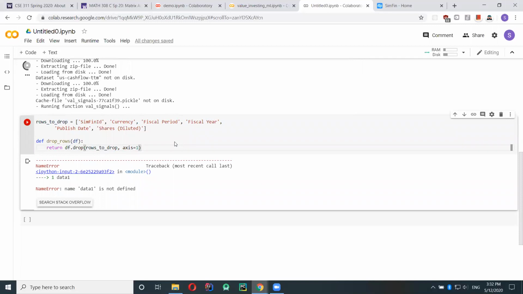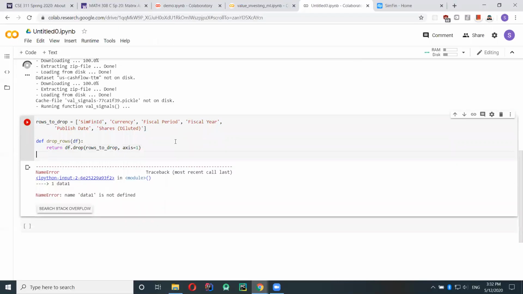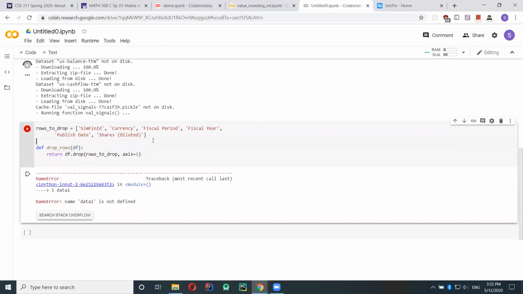Axis equals 0 goes from the top row to the bottom row, row by row. However, we want to go column by column and delete the columns that we don't want. That's why it's axis 1. If you think about it in a matrix sense, dimension 0 is going up and down, and dimension 1 is left to right. Okay, so we dropped the columns.